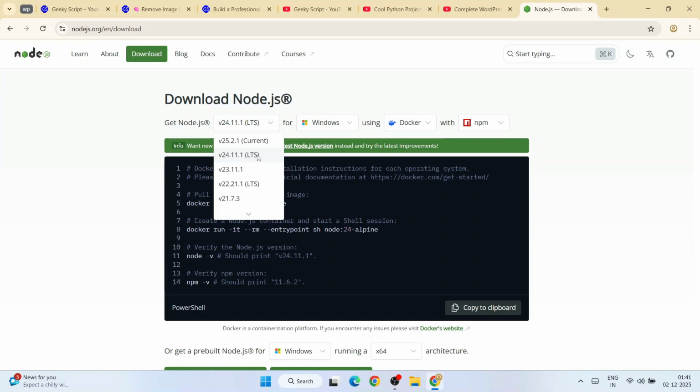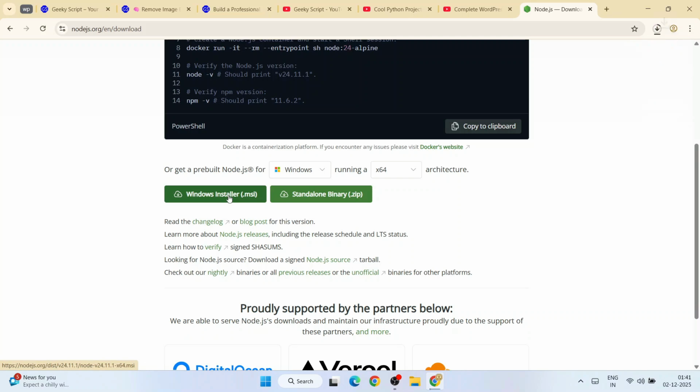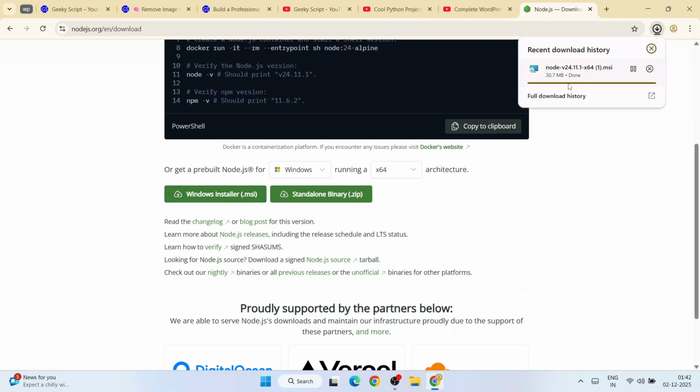Whichever version it is, always download the latest LTS edition, so that the Node.js version will be supported by Angular or React or Next.js, whichever JavaScript framework you'd like to use. It's going to support that LTS edition. Always remember that. So click on LTS and click on Windows installer. Immediately it's going to start downloading our MSI. It's directly downloaded. Just simply click on that installer